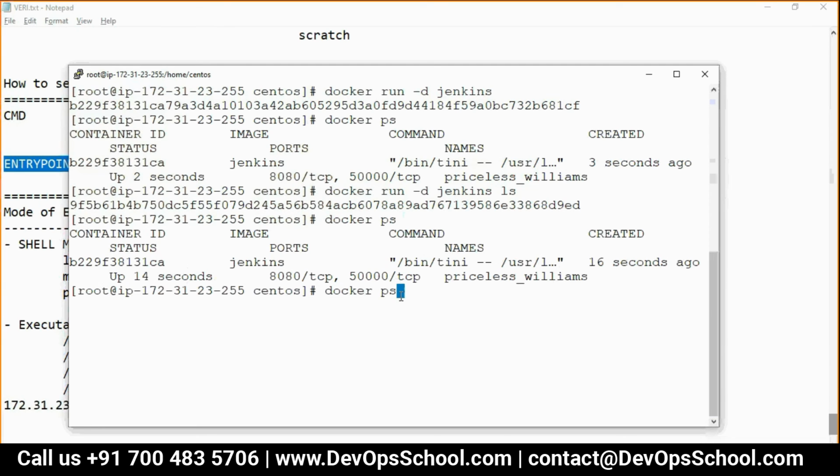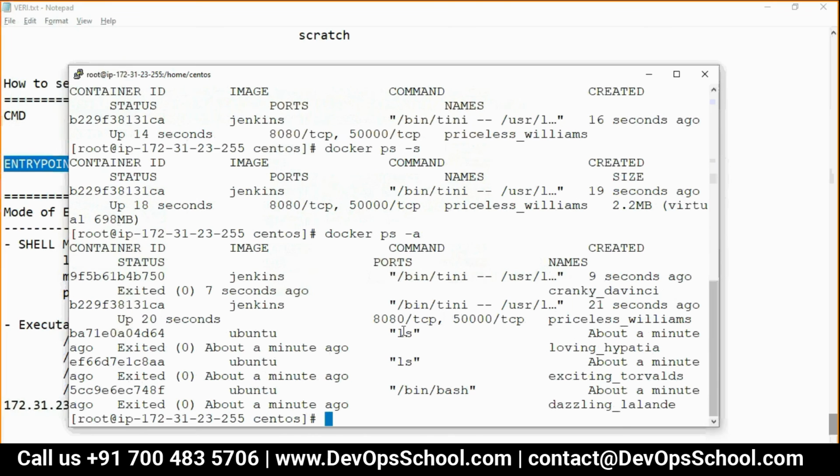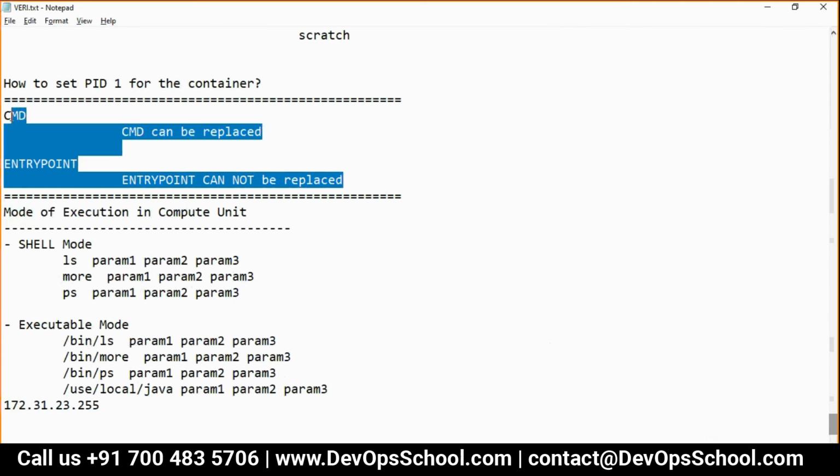See, it got exited. Exited because ls is a bad parameter, but did it get replaced? Tell me. Did the entry point get replaced? No.